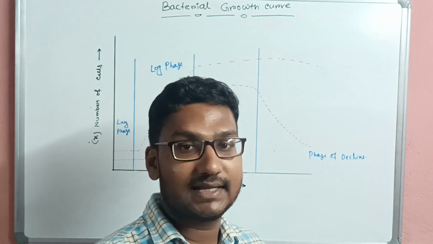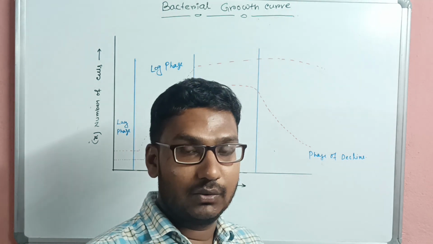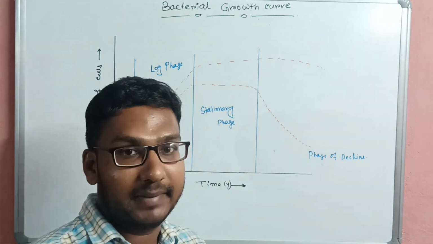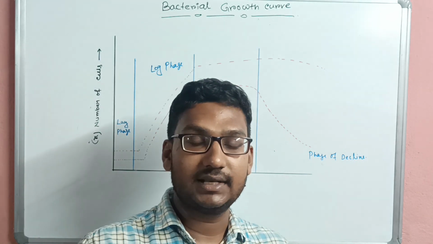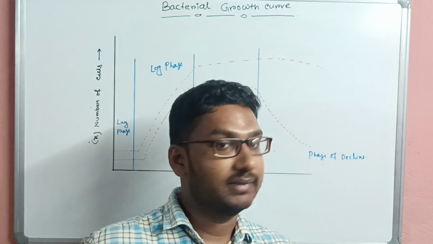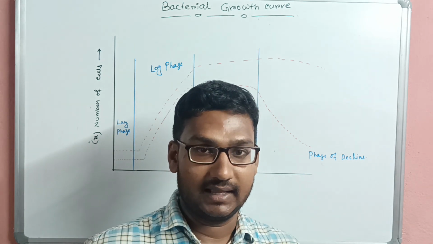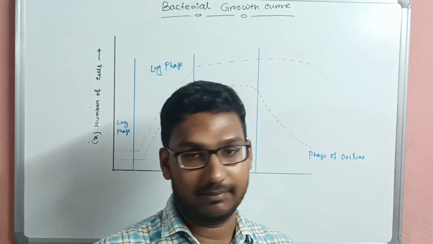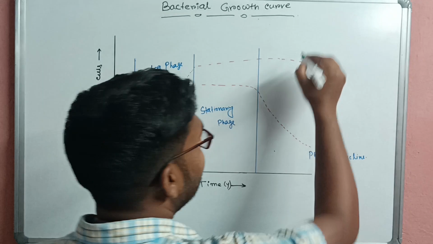Today I am discussing the bacterial growth curve. When a single number of bacteria is introduced in any culture media, what will happen? It has 4 steps. What are they? Step 1 is the